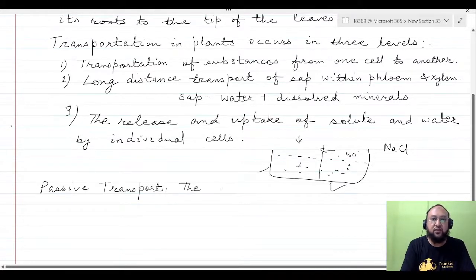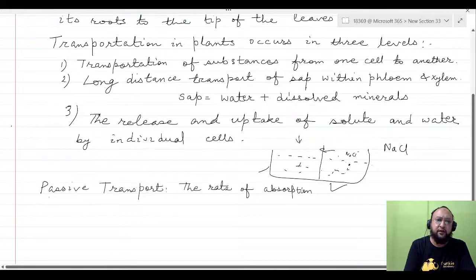The rate of absorption is fast. It occurs rapidly